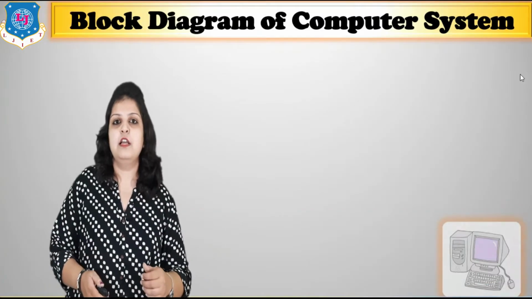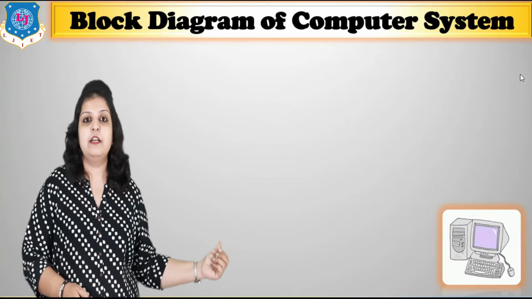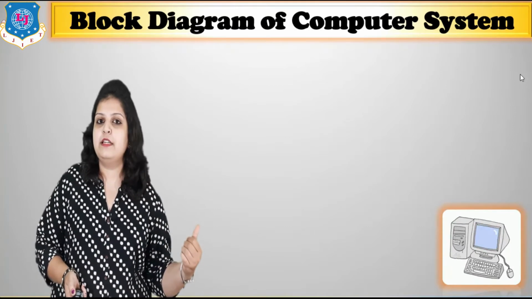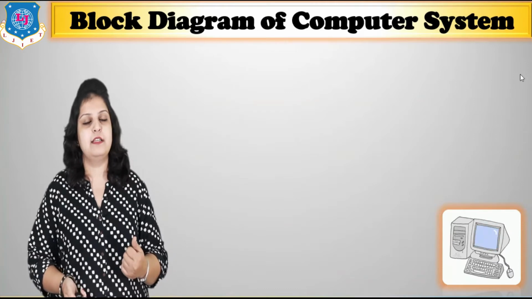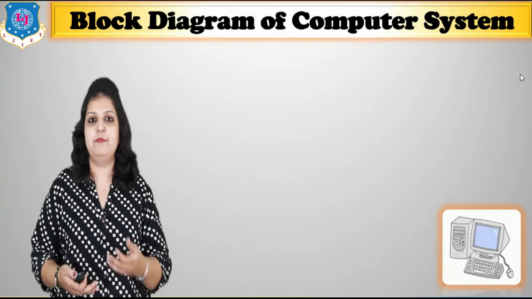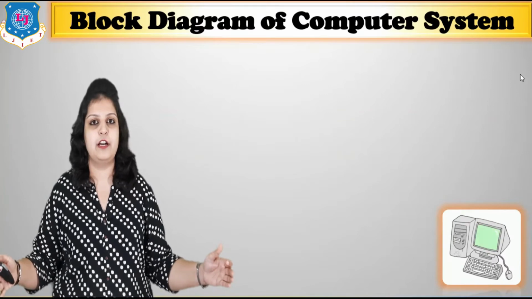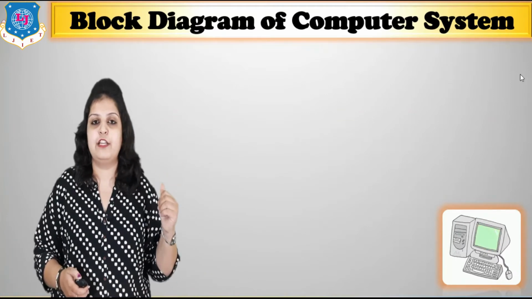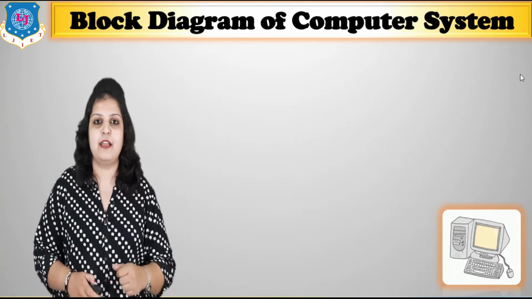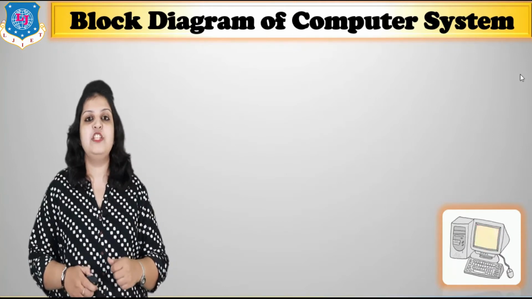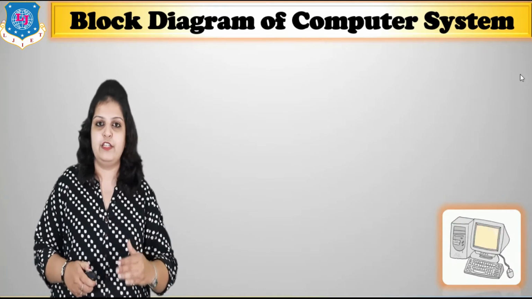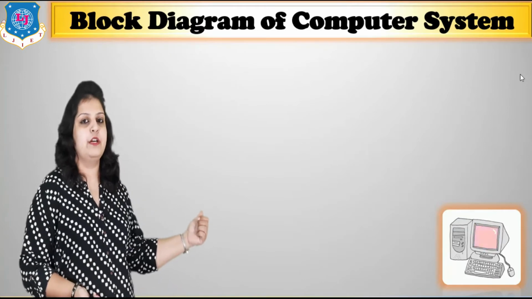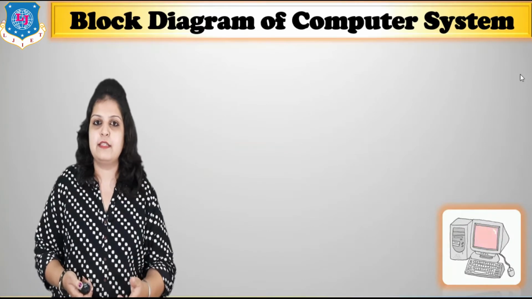So first of all, this is computer, but which type of device a computer is? It is an electronic device or an electrical device? First of all, see the difference between electronics and electrical. The devices which are run on the high voltage are known as electrical device, and the devices which are run on the low voltage are known as electronic device, and our computer is an electronic device.